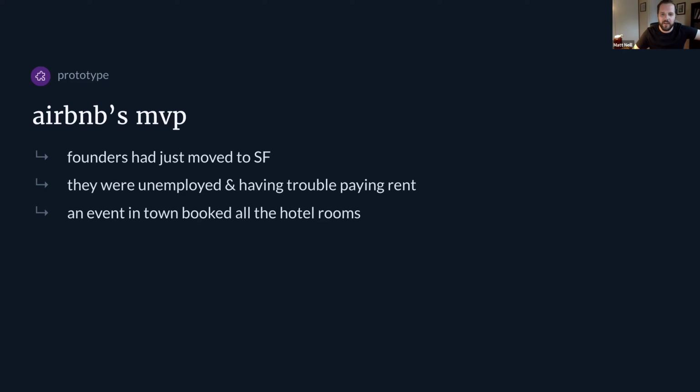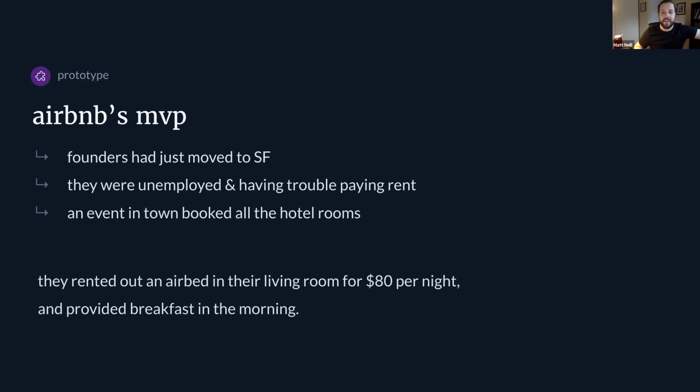Oh, some of these are really good ideas. Nice. So tent is probably the closest one. But what they did is they rented out an air bed, an air mattress, in their living room for $80 a night and provided breakfast in the morning. So that's that enjoyable delight factor that we were talking about at the top of the pyramid. And that's where Airbnb comes from. I always thought it was air, like, we'll help you book a flight somewhere. But no, it's actually airbed and breakfast, which is kind of hilarious when you think about it.